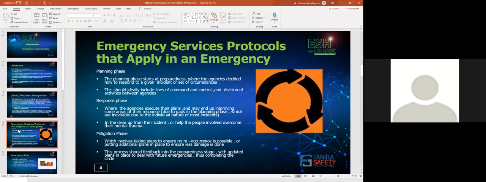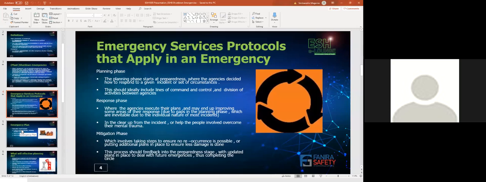So now it's a cycle form where we need to plan something. After the planning phase, we need to actually come up with the responses. What is it that we need to be done in case of an emergency, and how best are we going to come out with the mitigation